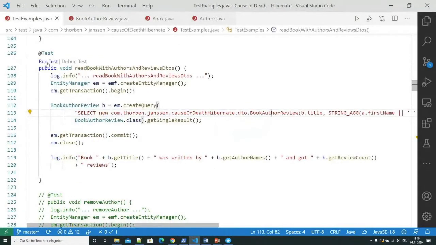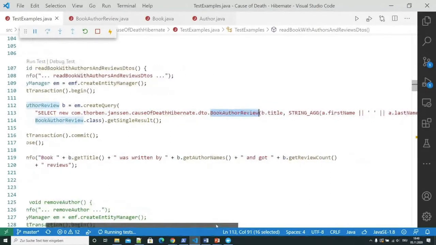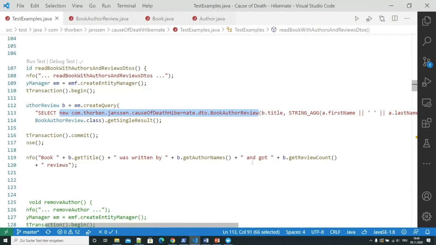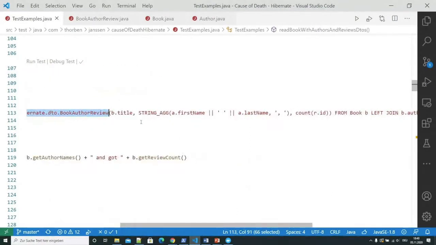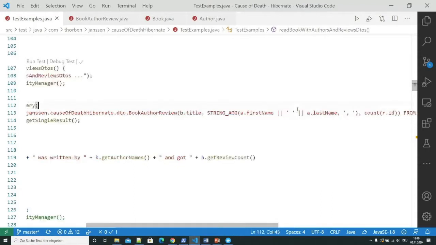So if you want to use this approach, then you could do a query with a select new and then the fully qualified class name. And then you just put in the elements that you actually want to select. So here I select the title of the book, then I use a database function to join the first name with the last name of each author, and then I count the reviews.